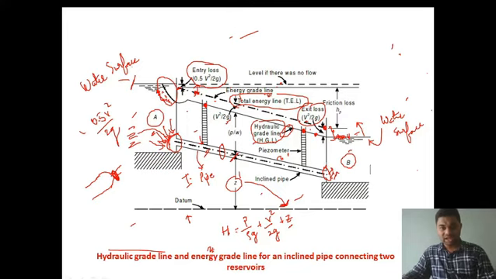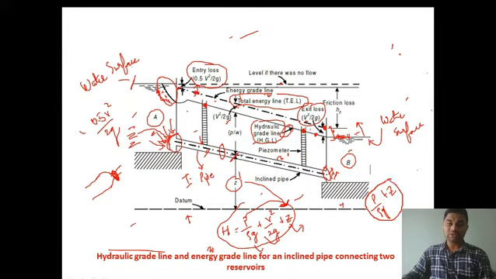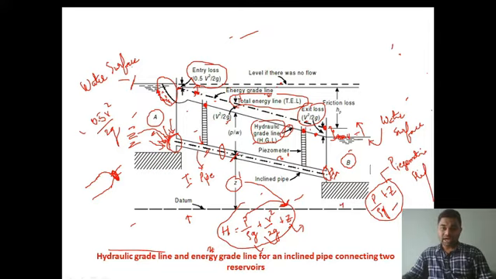Now, as we know, in our energy equation, the total head is nothing but pressure head plus kinetic head plus datum head. This pressure head, P by rho g, plus the datum head, that is Z, altogether is known as piezometric head. What is it known as? Piezometric head. This pressure head plus datum head together is known as piezometric head.